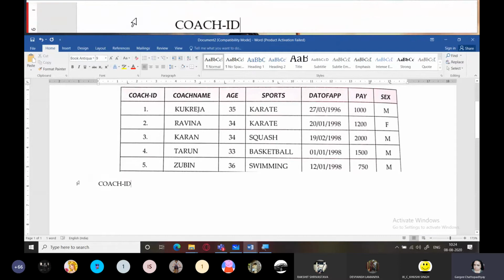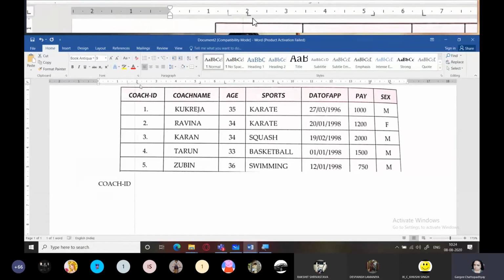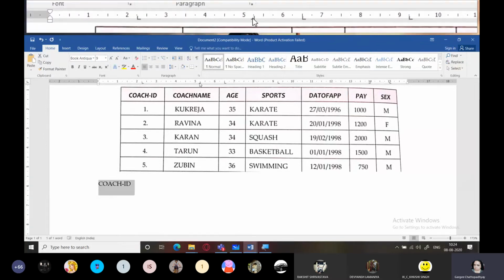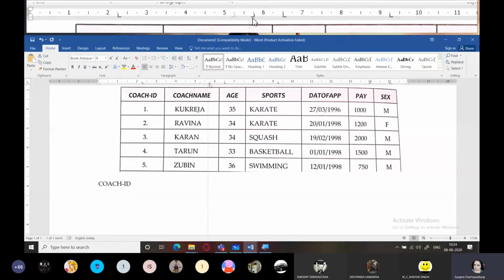So I'll be simply selecting this coach ID and moving this left alignment a little bit more this side. Okay. Similarly, I will be sending other values also a little bit on their left side,